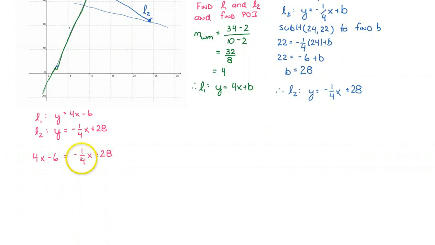I'm going to clear my fractions to get rid of that 4 in the denominator, so I'll multiply each term by 4. So 16x minus 24 is equal to minus x plus 28 times 4 is 112. So now we'll just do a little bit of algebra here. So we have 16x, and then we're going to add x to both sides, equals 112, and we'll add 24 to both sides. So 17x is equal to 112 plus 24,